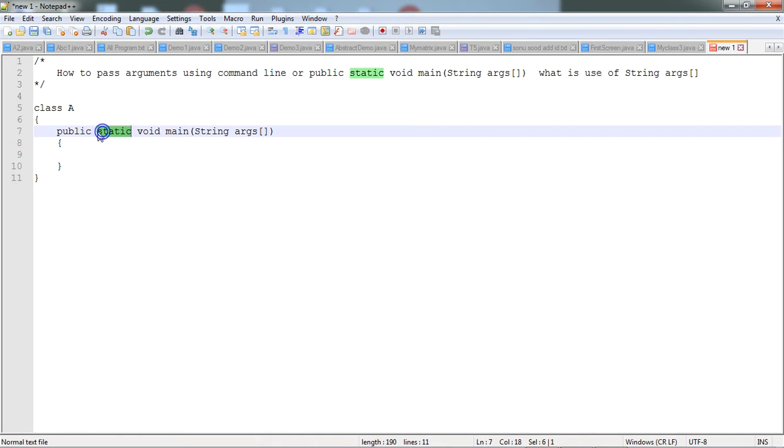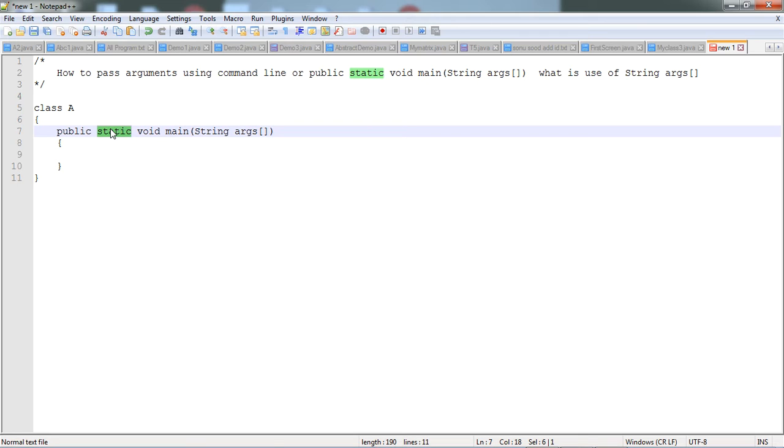Here you can interchange the order also. If you want to write static first and then public, it's also acceptable, and public and then static is also acceptable. It doesn't matter.